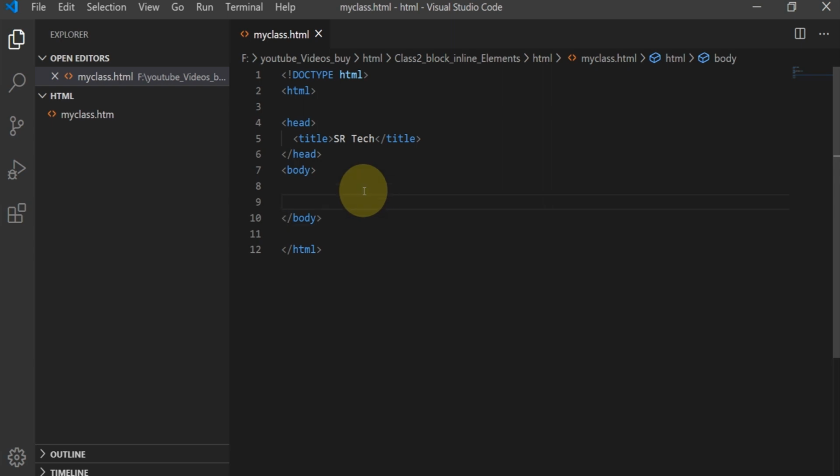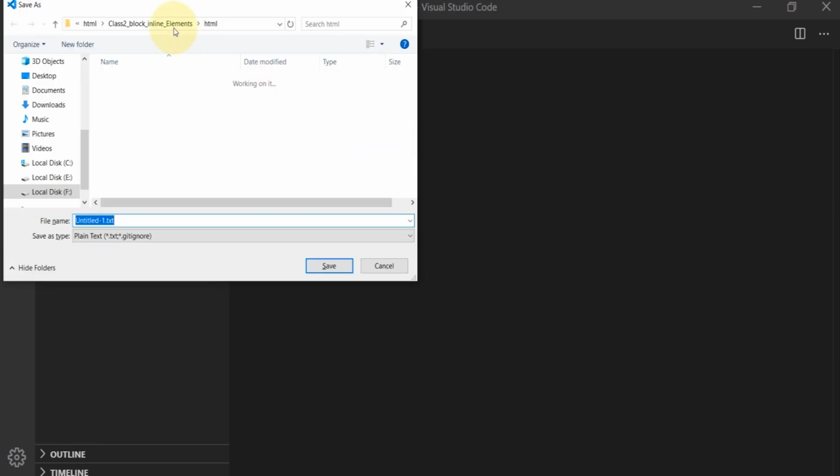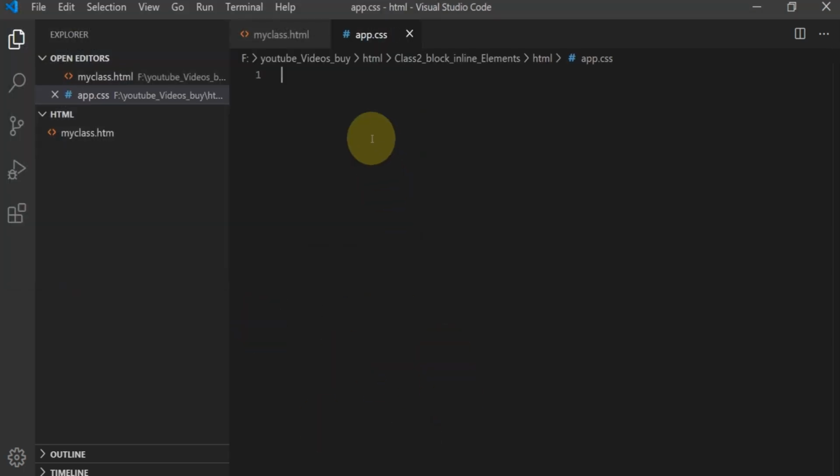So for that I have to take a new file. I am saving this empty file in the same location, and instead of dot text, I am giving the app.css extension. So .css is a style sheet extension. This is the external style sheet.